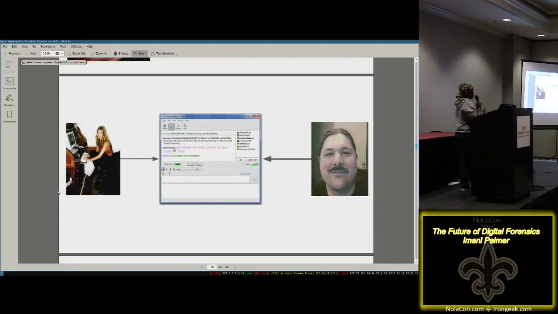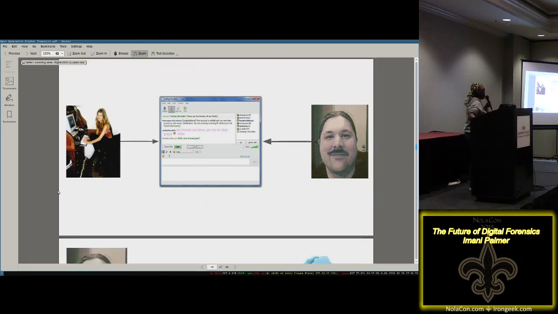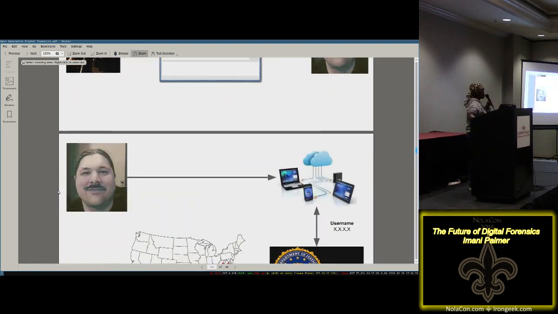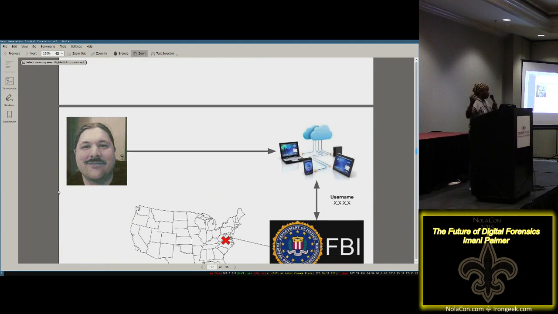So just to look at a quick case, back in, I think, 2000, Alicia Kozak was chatting with a boy who wasn't actually a boy, he was a man. He actually ended up kidnapping her. Luckily enough, the FBI was able to get his username, and because he actually uploaded video of him kidnapping her on the internet as well.